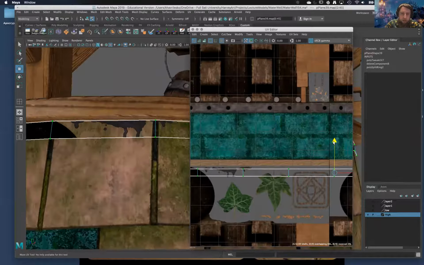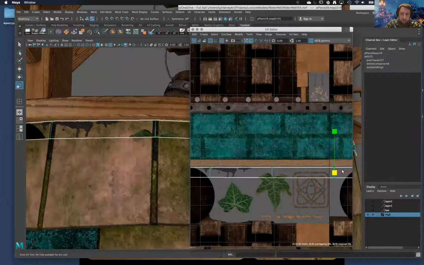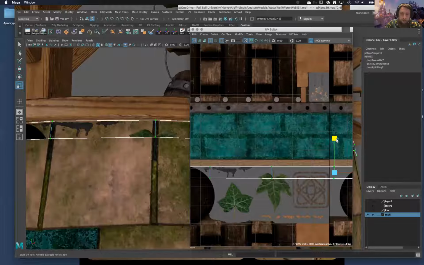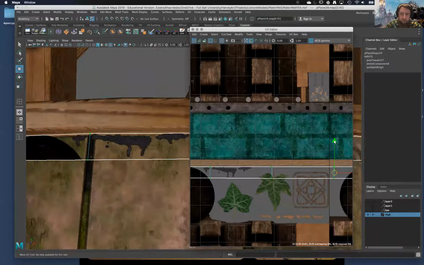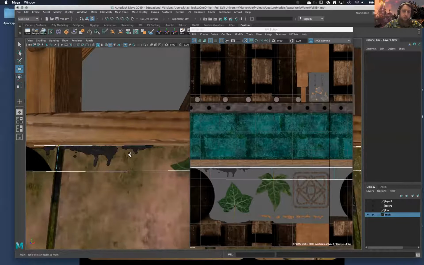And I really didn't know what I was doing with this tar drip. That was just like, hey, what if I did this kind of situation there. I want this thing to be a little bit thinner like that. But there we go. I think that's a tar drip there. If I had known that I was putting it under this, then I might have made a whole strip for it. But you never know what you're going to use for